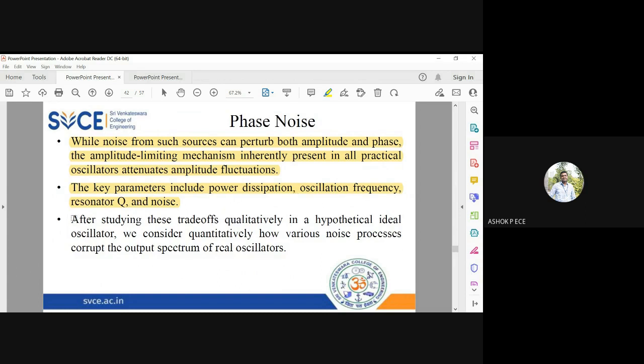So after completely studying the theory behind phase noise, we can appropriately model this phase noise into an equation, and you can see how to minimize the phase noise in your low